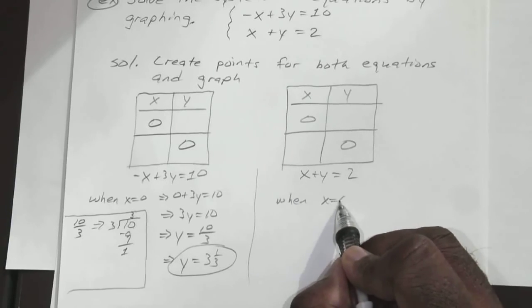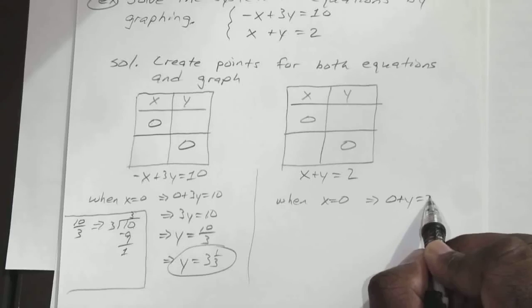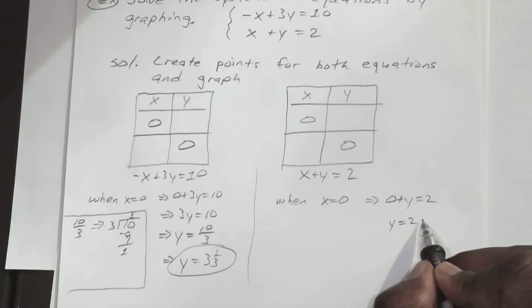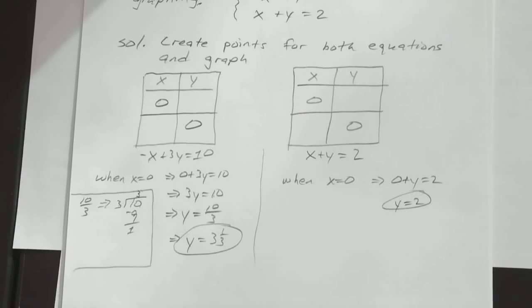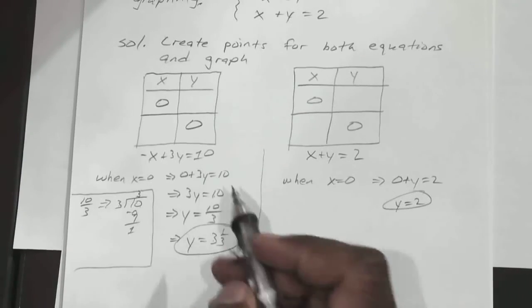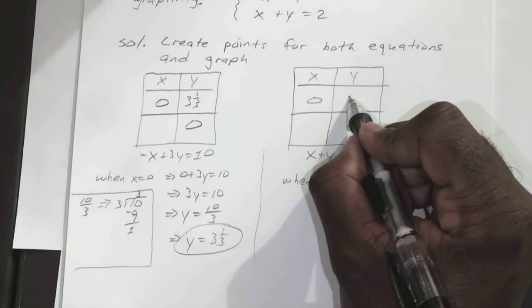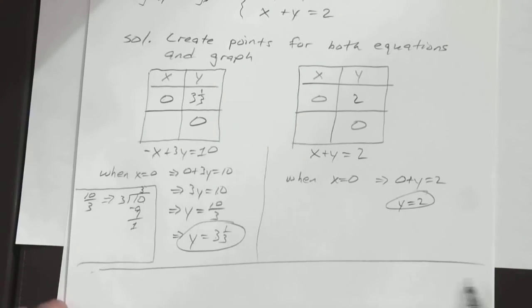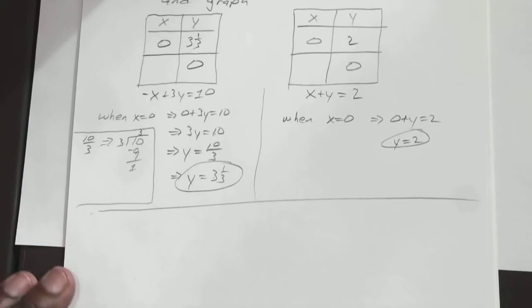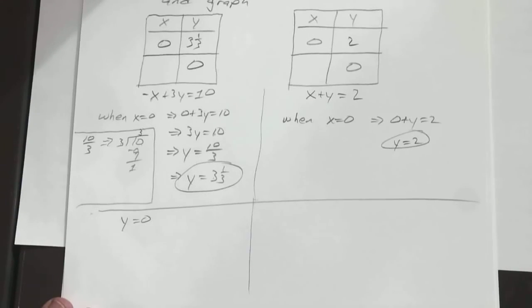When x equals 0, you just have 0 plus y equals 2, so y equals 2. So that one's pretty straightforward. Okay, so we know y is equal to 3 and 1/3 here, and 2 there. Okay, so now solve when y is equal to 0. This one, when y is equal to 0,